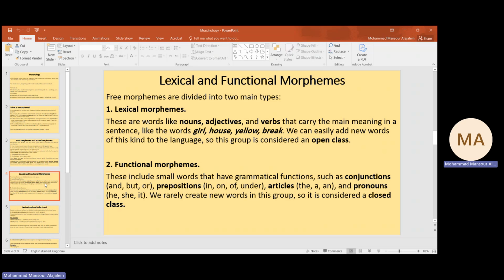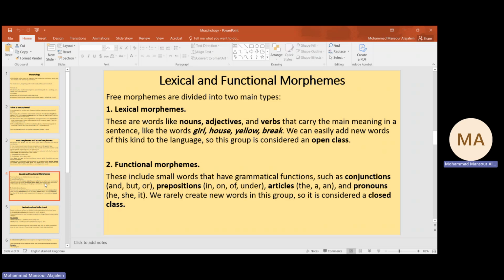But when we go to another set, which are called functional morphemes, like conjunctions, prepositions, articles, and some pronouns. If we say "he", what do you mean by "he"? Huwa. What do you mean by huwa? When we say a boy, we still have an image for that meaning in our minds, or at least it refers to something in the world. But when we say "in", what? The word itself doesn't tell anything. Like when we say the cat is in the house, "in" here contributes to the meaning, but by itself,